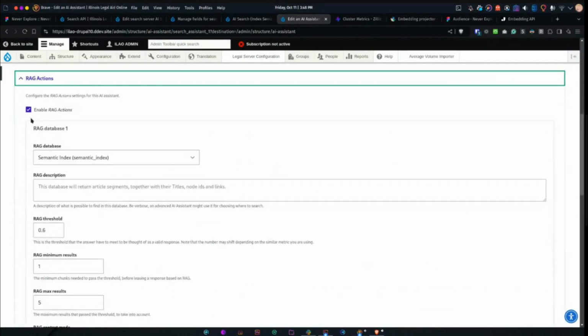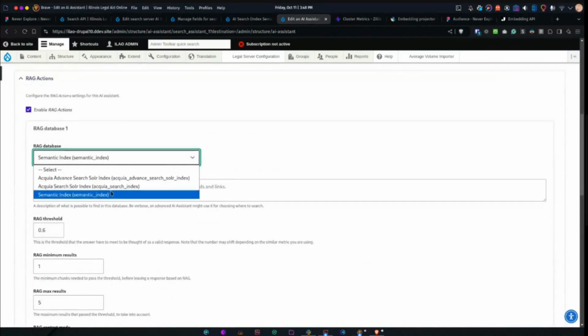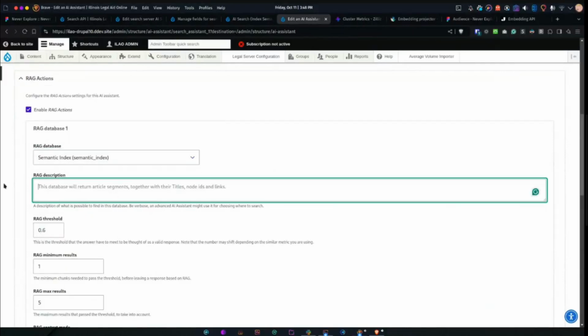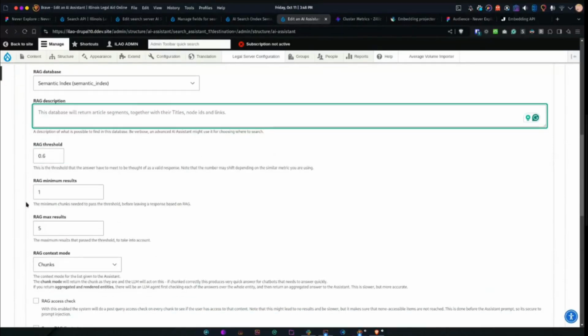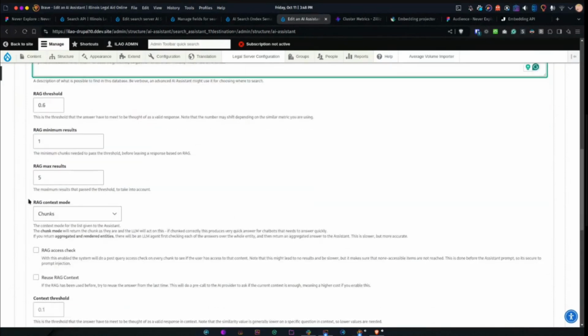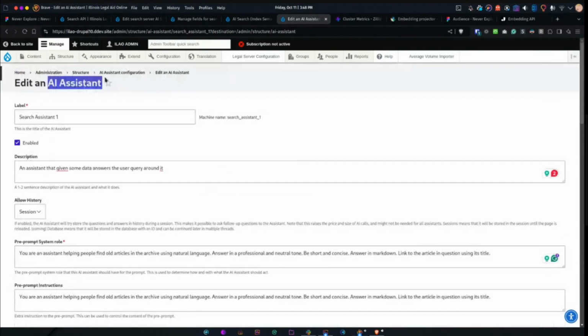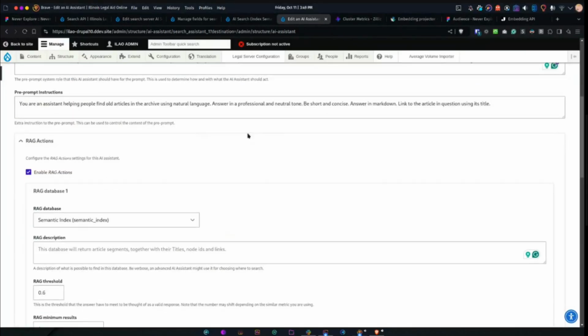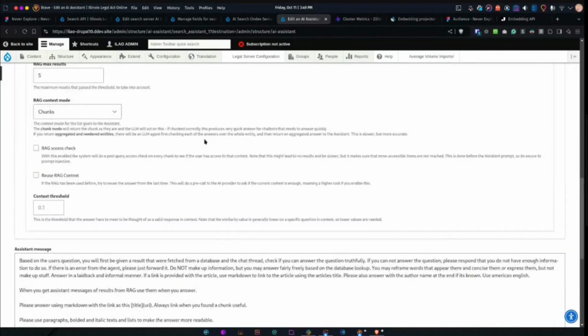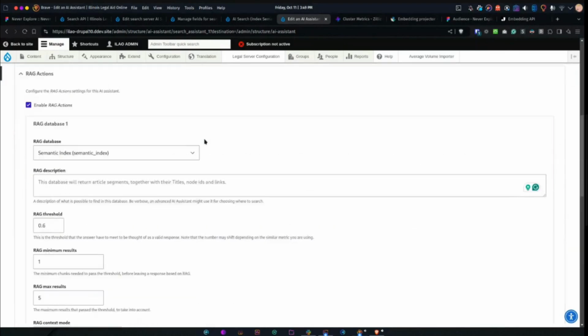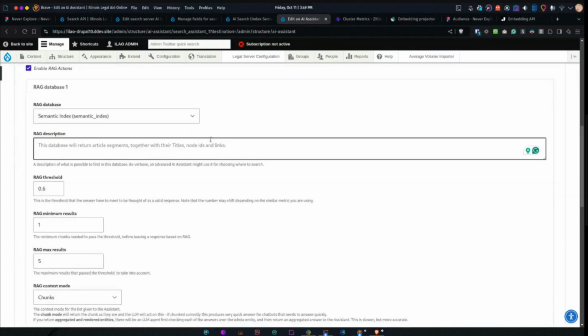Once you enable it, you just select your database, in our case the semantic index, and that's pretty much it. The Assistants module will take care of sending your query to the database, getting it back, putting it in a nicely formatted prompt,